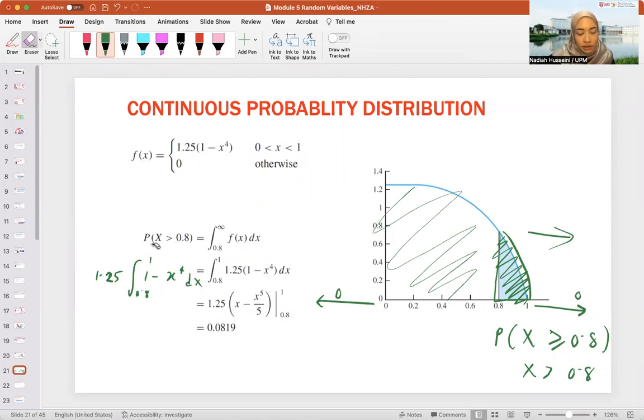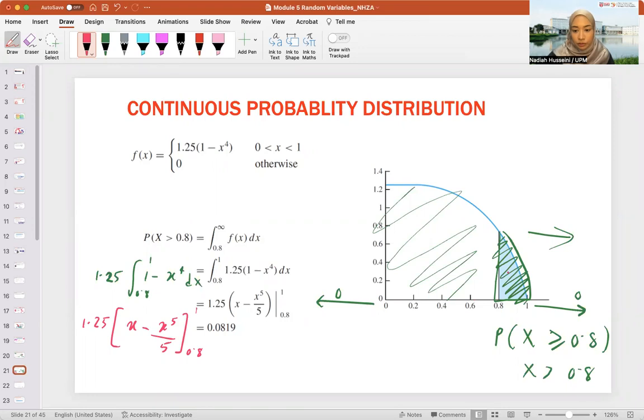So assuming this is what we have, I integrate 1 minus x to the power of 4. Now it becomes x minus x to the 5 over 5. And my constant is over here, meaning I have to multiply this with whatever is inside my bracket. And I have to put in the values from 0.8 to 1. So 0.8, you can do the math yourself. Afterwards, you can multiply it with 1.25. You would get